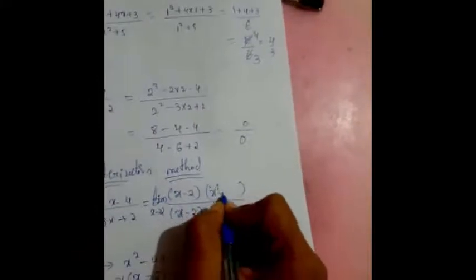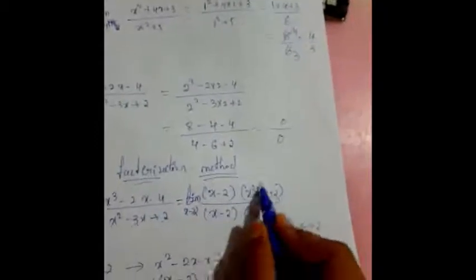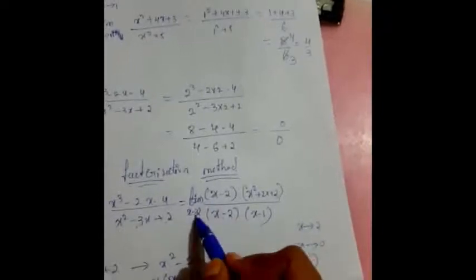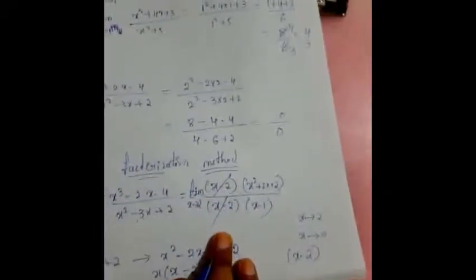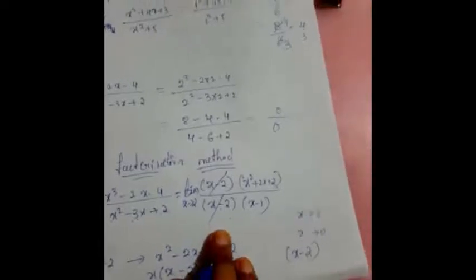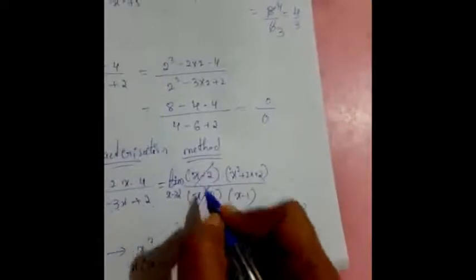So next, if you try this one, you will get x square plus 2x plus 2. You all know this method of how to split the factorization. If you have any doubt, contact me. x minus 2, x square plus 2x plus 2 is there. Next we have to put the direct value 2, but before we put the value 2, we have to cancel these two factors first. Otherwise again you will get an indeterminate form. So for that problem, first we have to cancel this x minus 2 and x minus 2.